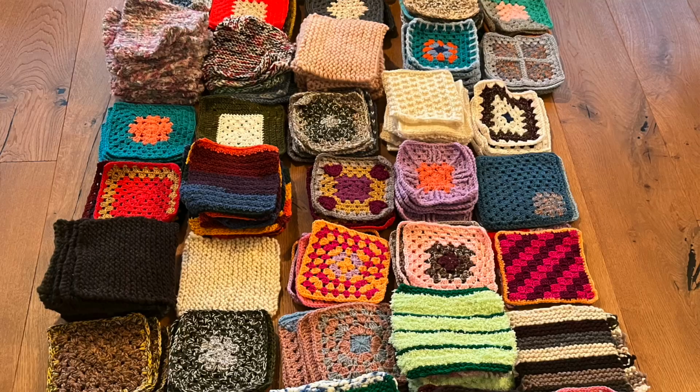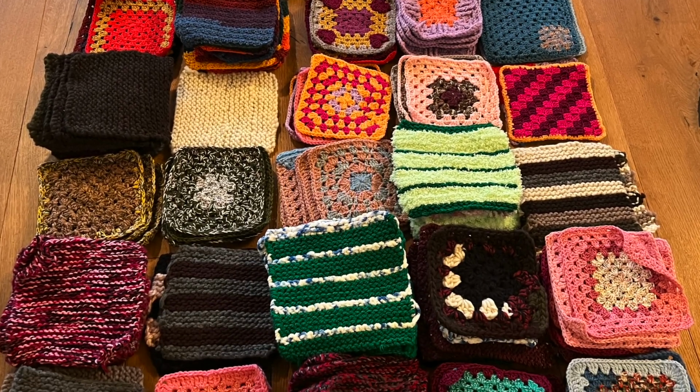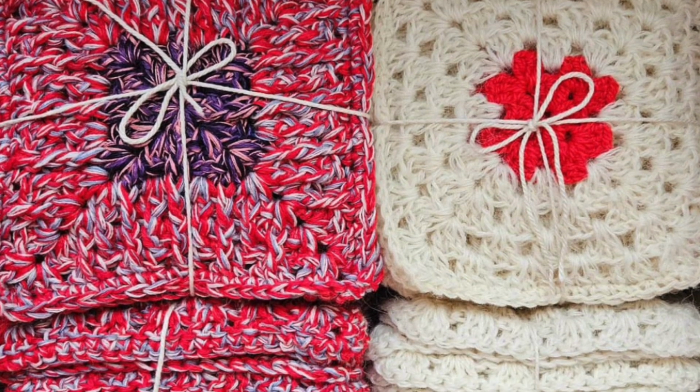And we actually received quite some shingles this year, this project, from people outside our own community, which is fun. I noticed that maybe also via these videos, but also via our Instagram account of the project, we got some followers from all over the world who were also into yarn bombing. And we had, for example, a lady in Berlin. She has sent over 300 shingles to us, which was wow, flabbergasting, of course. And I just actually yesterday got another message of another lady in Germany who's also finished 100 shingles for us,